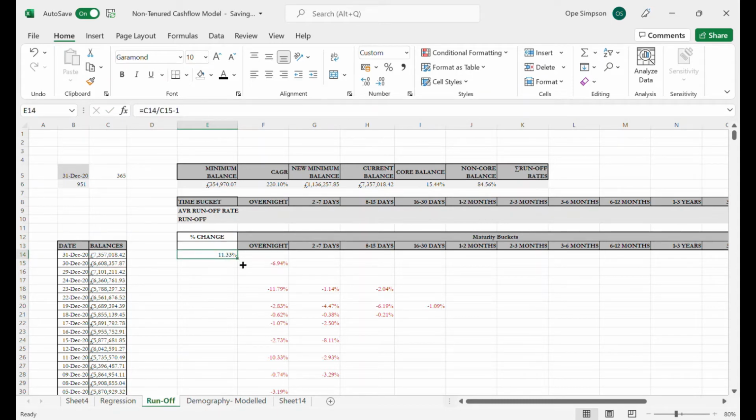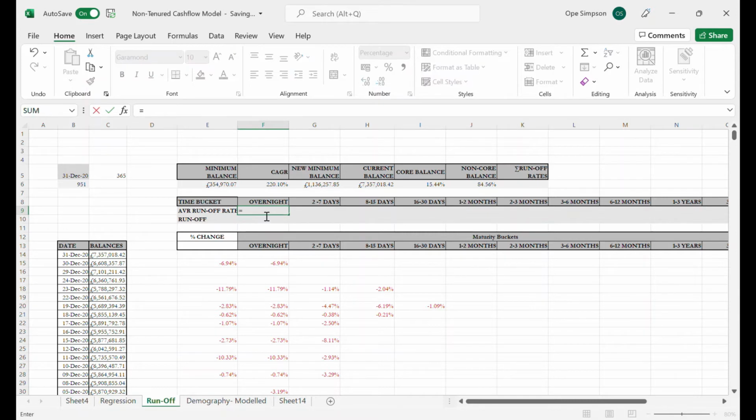I'm not going to drag down to the end, but once we drag down, the next thing we do is delete the positives and leave only the negatives. It's because we are more interested in the runoffs, or how the account loses balance. That's why we're deleting the positives and we're left with only the negatives. You can see that it's the same as the overnight time bucket. And then the next thing we do is